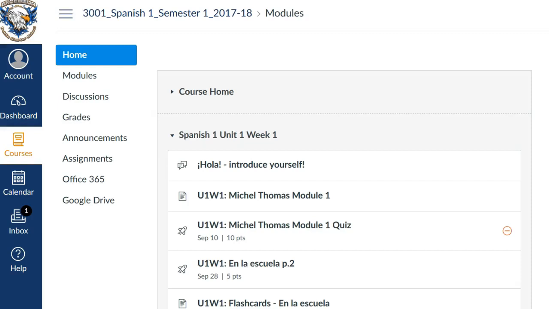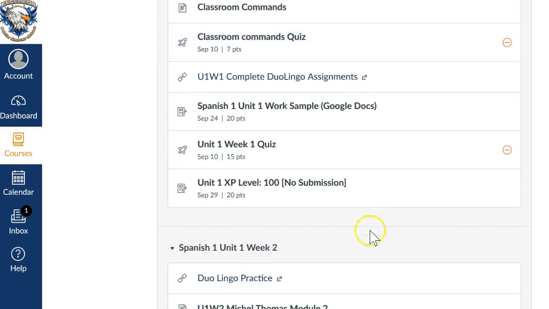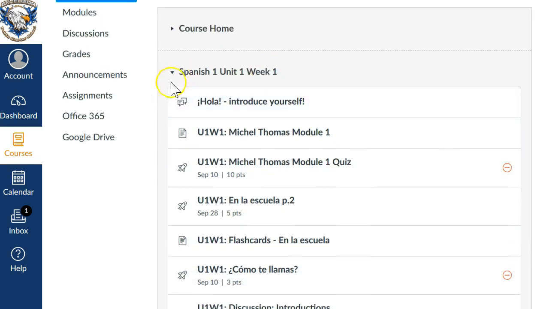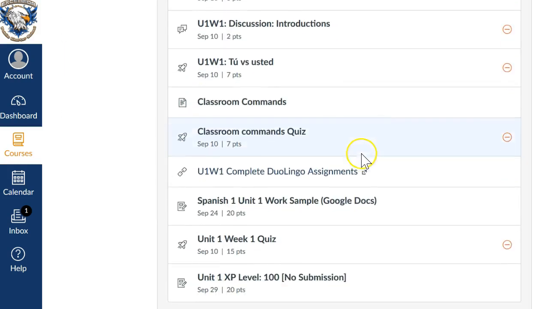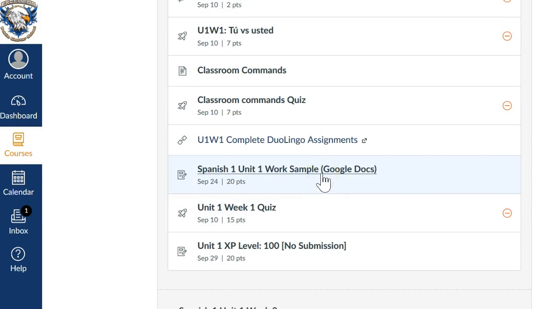Okay, everybody, I am letting you know how to complete this assignment called Spanish 1 Unit 1 Work Sample. When you have these kinds of assignments, some are going to have Google Docs or Google Slides, and you want to make sure you know how to do those. It's under Spanish 1 Unit 1 Week 1, so I'm going to click on this,